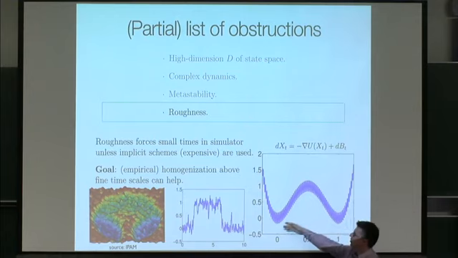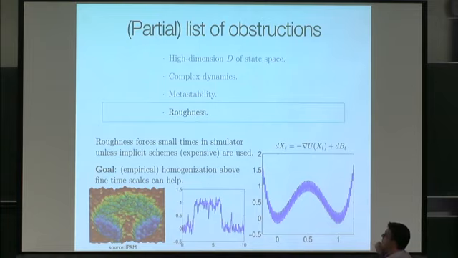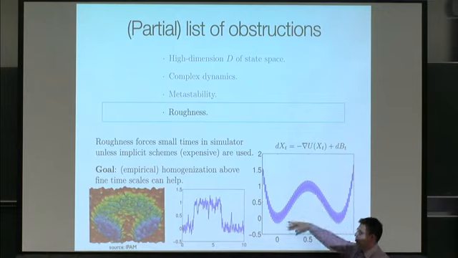This is the potential, and it looks smooth, plus high-frequency perturbations. And if you need to run a numerical simulation for this, since the gradient of u is very, very large because of these high-frequency ripples, then you will need to take time steps which are really, really short. And so it would take you a very, very large number of steps in order to explore